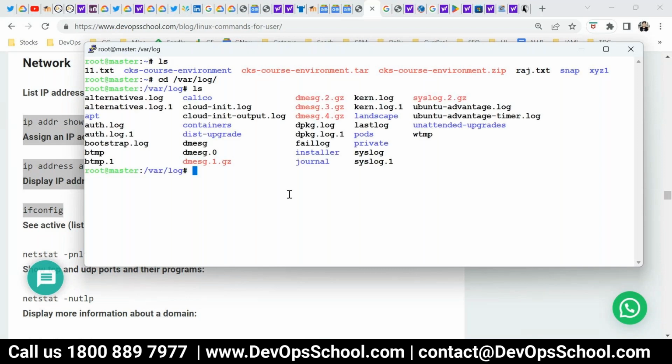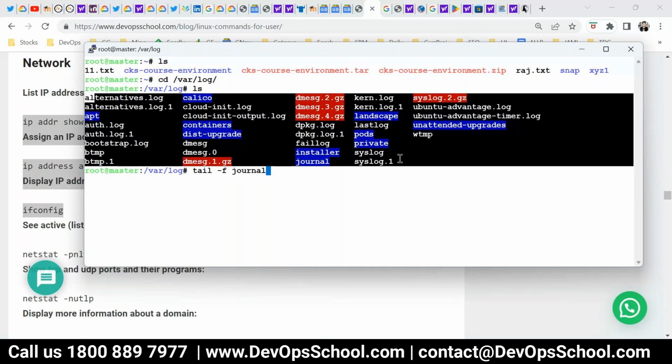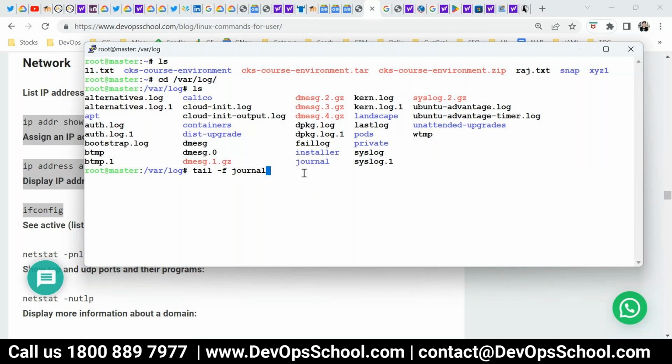Maybe the www directory, Rajesh, in the var partition, generally we see internet logs and all that. If Apache is installed, then we generally see it. That's not there actually. Okay, so see here.